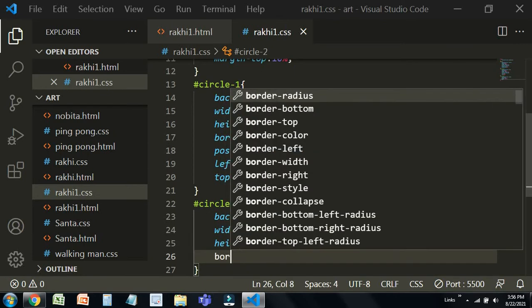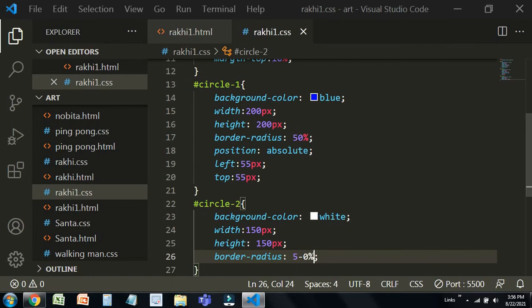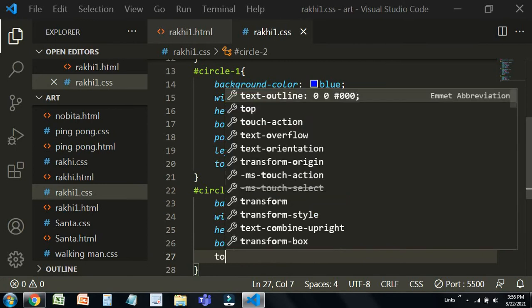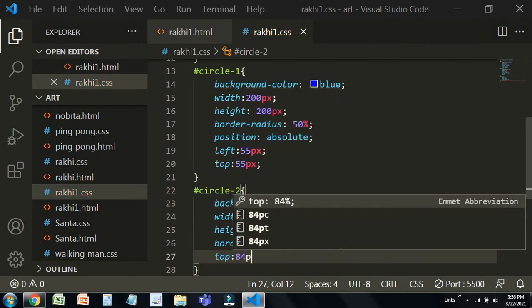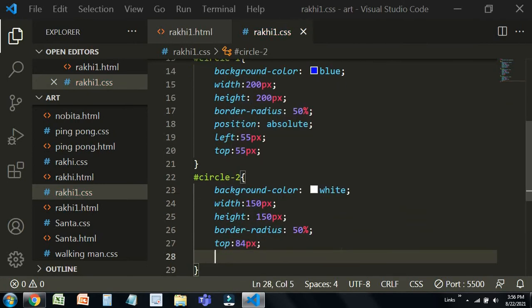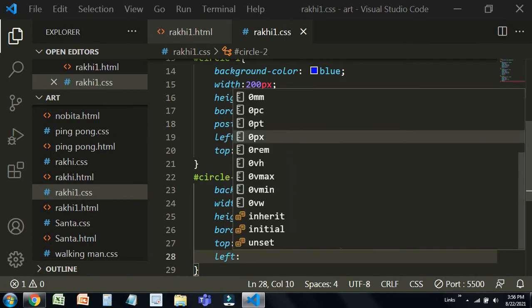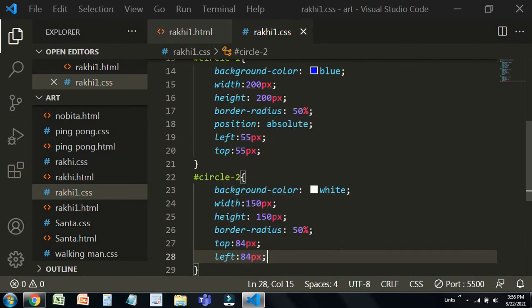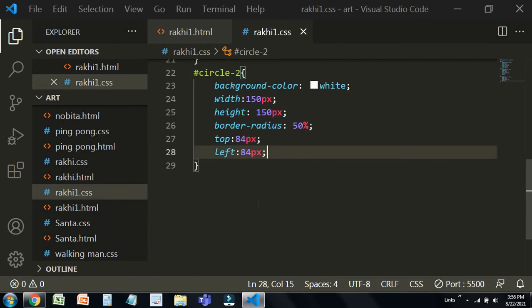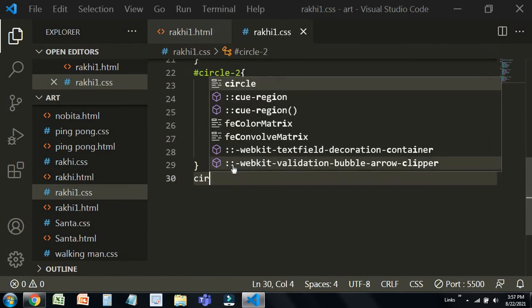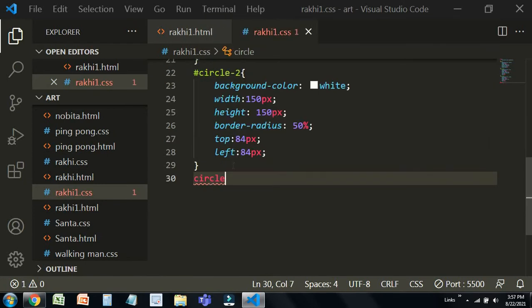Then border radius also needs to be 50%, as we need to make this square a circle. Then top 84 px, left 84 px. Yeah, perfect. Then we need to code our circle 3.